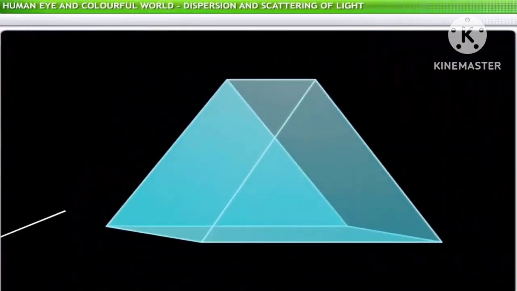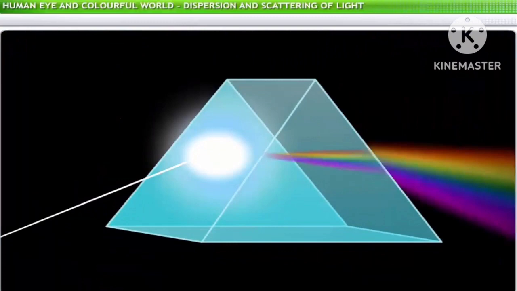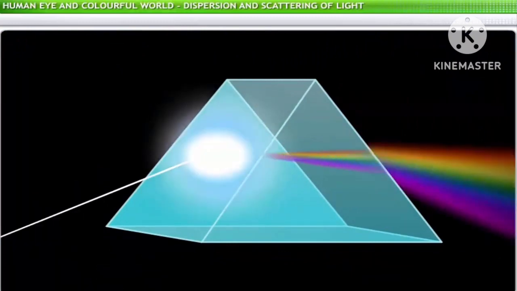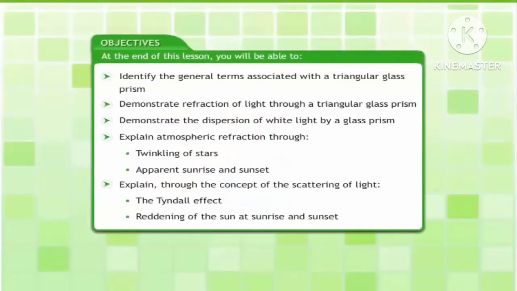Well, the same phenomenon takes place in both cases. Refraction of light. In this lesson, you will learn about dispersion and scattering of light. At the end of this lesson, you will be able to